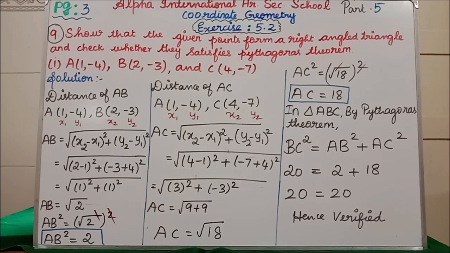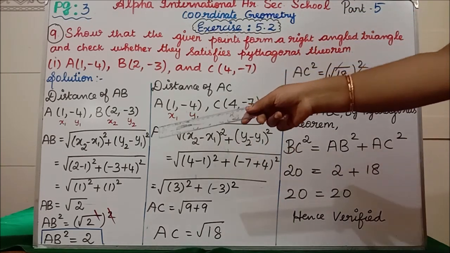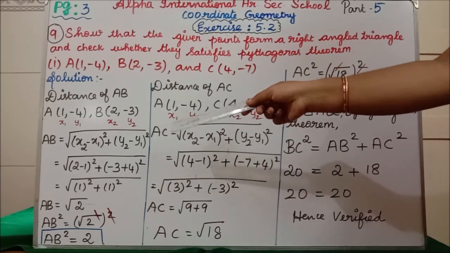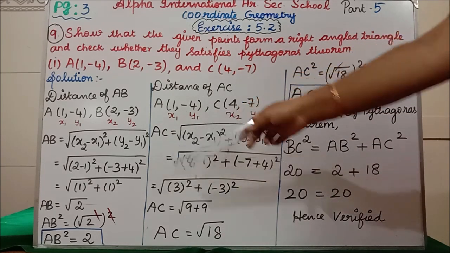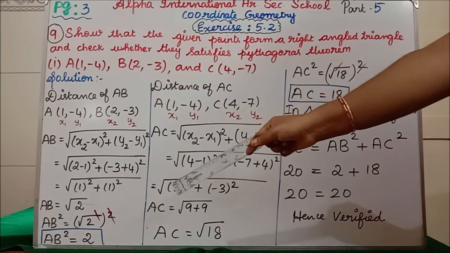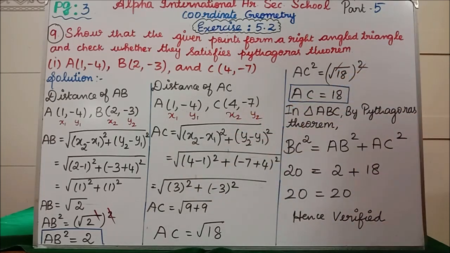See, before we have found the distance of BC. Next we are going to see the distance of AB and distance of AC. Distance of AB: A point we know, B point we know. So distance formula we are going to apply. x1, y1, x2, y2 we have to take from the given points. Then what is x2? 2. What is x1? Minus 1, the whole square. Plus y2 is what? Minus 3. y1 is what? Minus minus, it will become plus. So plus 4 the whole square. 2 minus 1 is 1 the whole square. 4 minus 3 is 1 the whole square. So 1 square plus 1 square is what? 2. So AB equal to square root of 2 we have got.